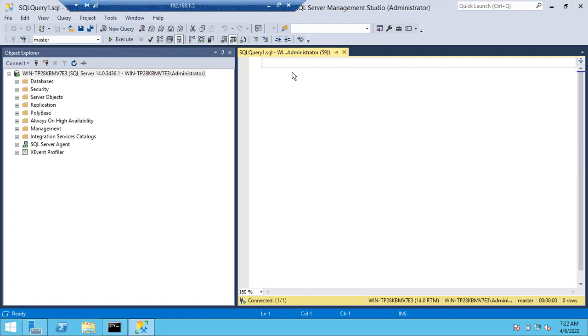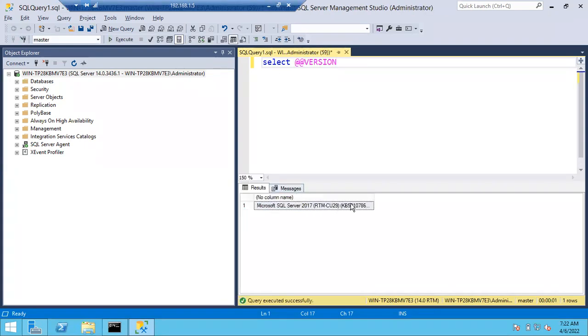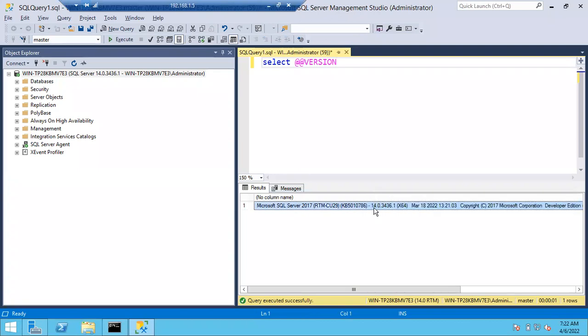Sometimes, before patching you have to check the version. Select @@version. You know the command, right? What is the command to check the version? Select @@version. We are going to use this command. Sometimes there might be a chance, because of some other reasons, that the build number you can see here